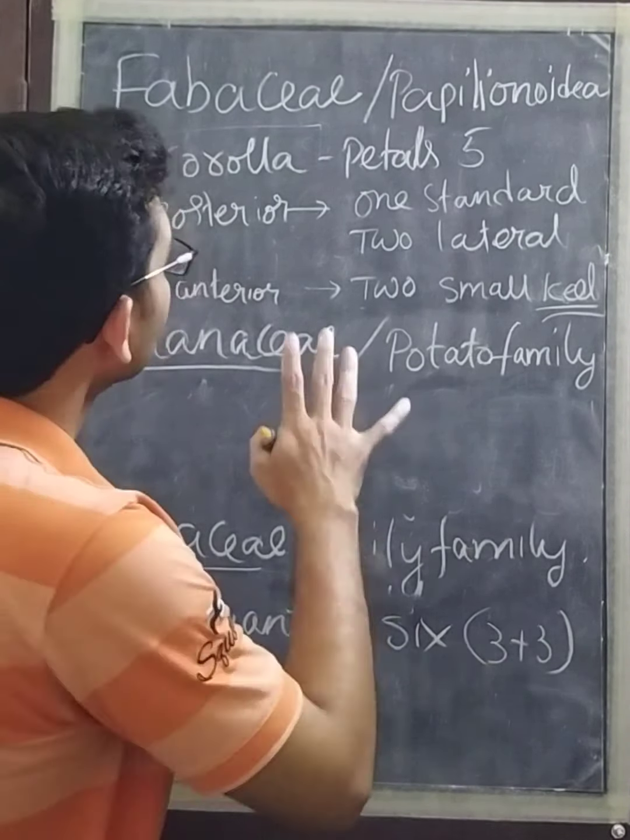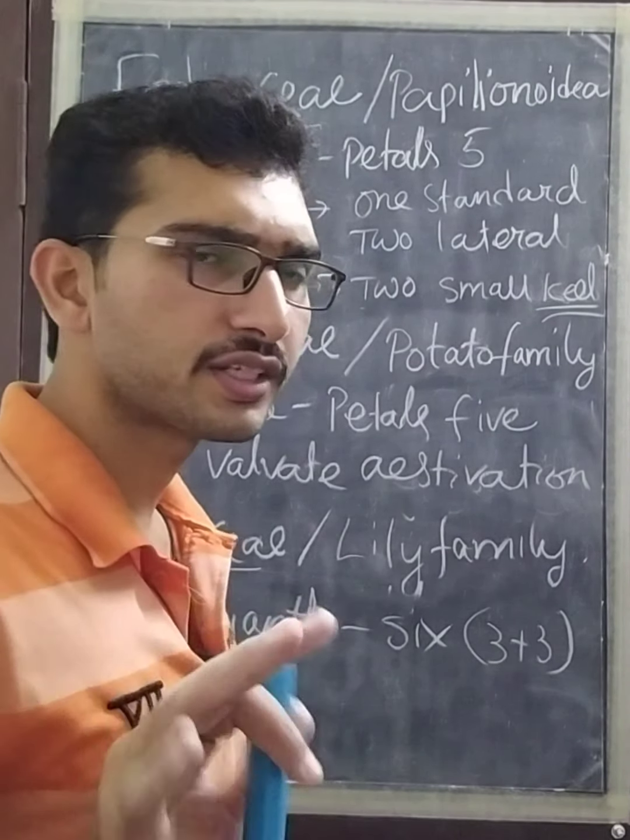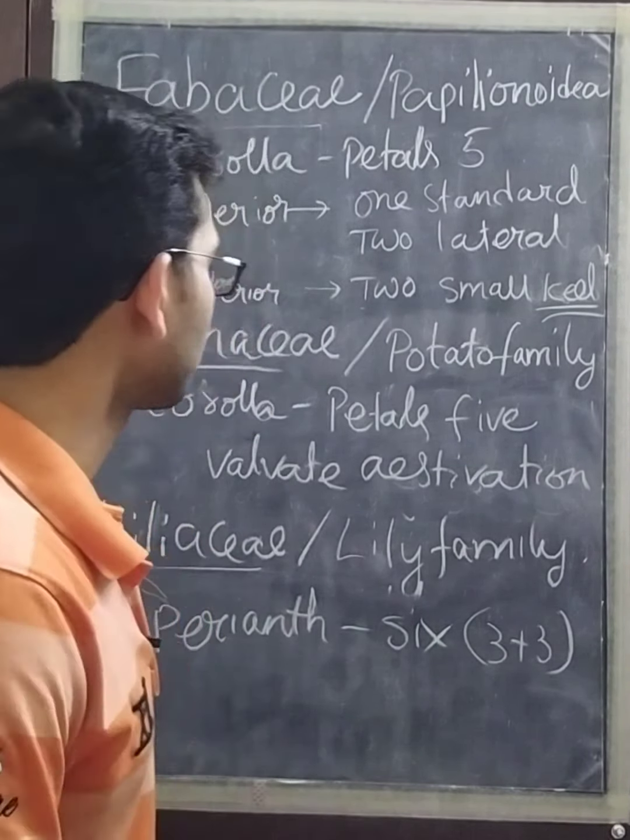Here the estivation is valvate, which means the tips of the margins touch each other. Here we have the perianth: 6 perianth lobes are present, arranged in a 3 plus 3 pattern. Next, the petals can also be fused, so we can also say it is